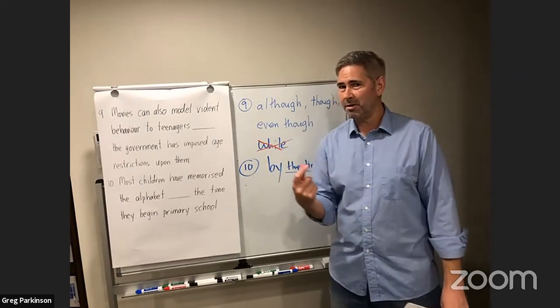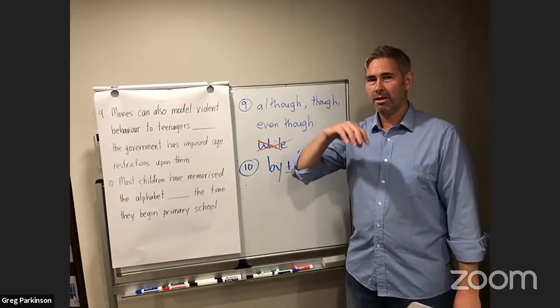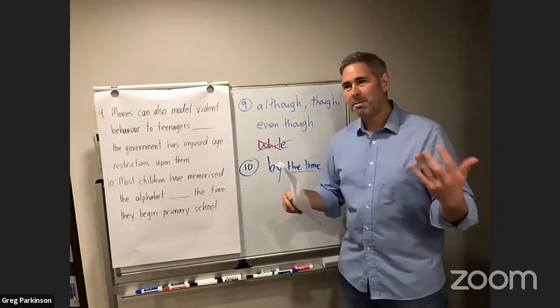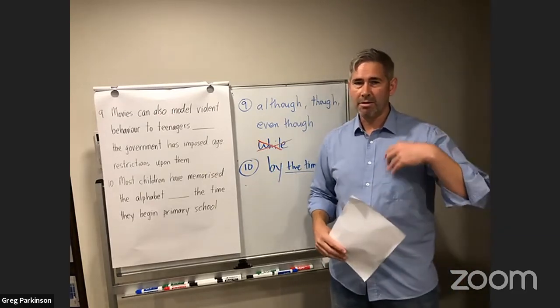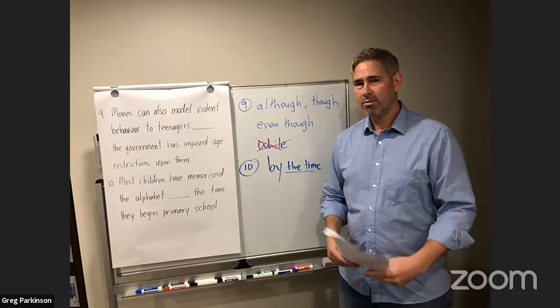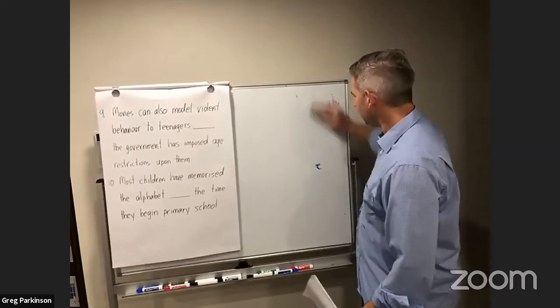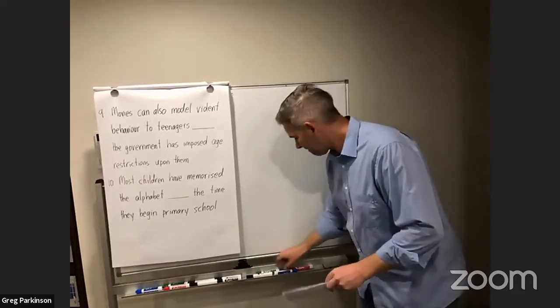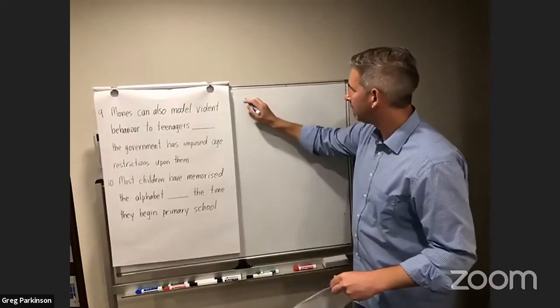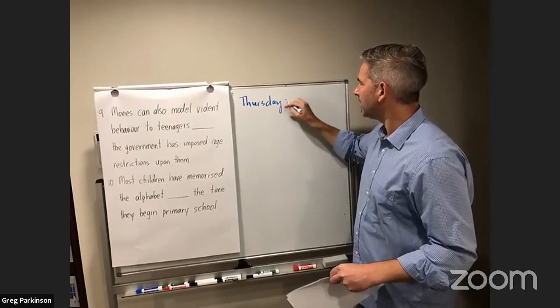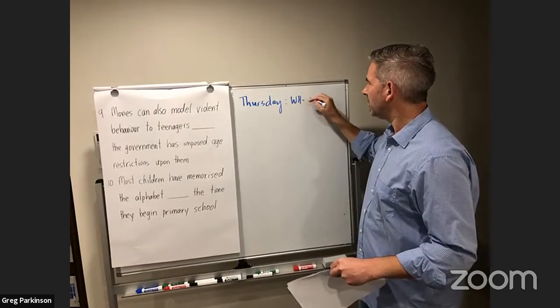I think I also have used the expression relative clauses as well. So most people consider them to be other forms of complex sentences. We're going to look at those on Thursday. So just to preview. Thursday, WH clauses